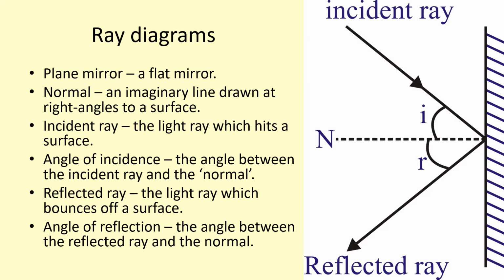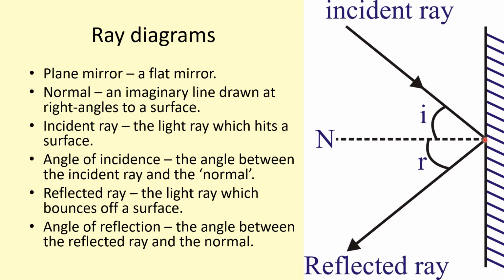So ray diagrams, this is how we draw a ray diagram in science. So we've massively simplified what's going on. The symbol for the mirror is here. So it's a straight line with a ruler and we've got diagonal lines behind it. That's showing us a mirror. The incident ray is the ray that's coming in to hit the surface. Again, that's drawn with a straight line with a ruler and a pencil, and we've got an arrow to show the direction. Now, where that ray hits the mirror, we draw what's called a normal,